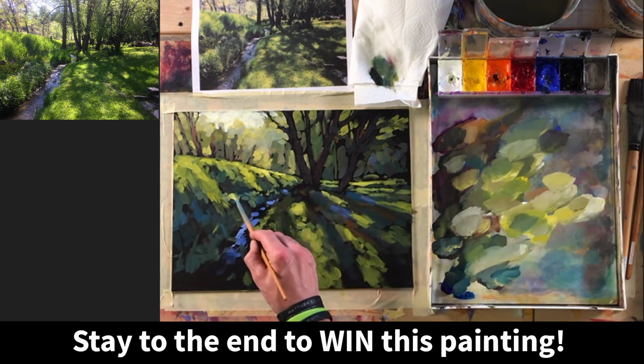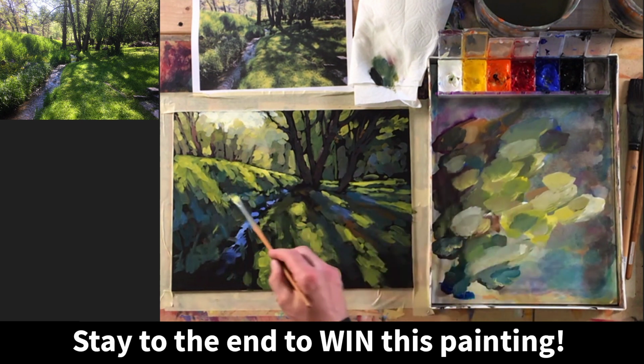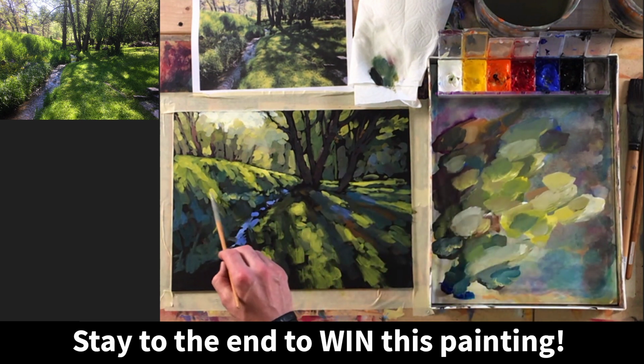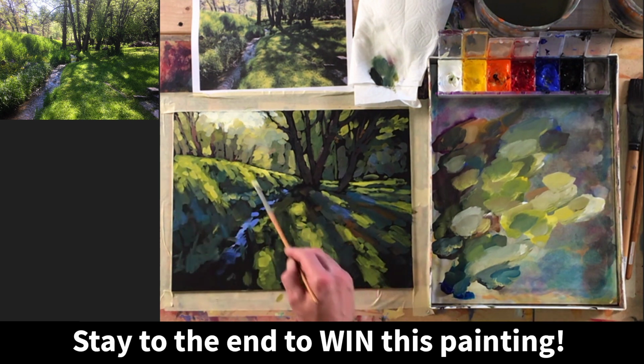Eileen says, is that a specific container for your acrylics, or is it a pill box? This is a bead box. It's similar to a pill box, but I got this one at Hobby Lobby or Michael's or somewhere like that, and